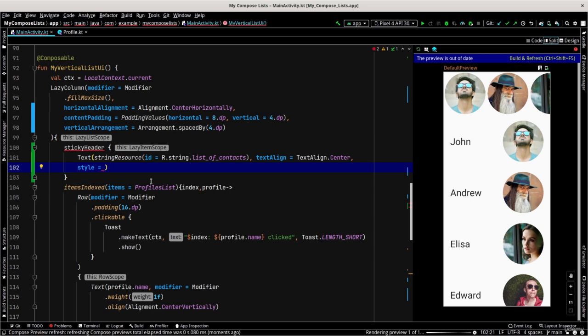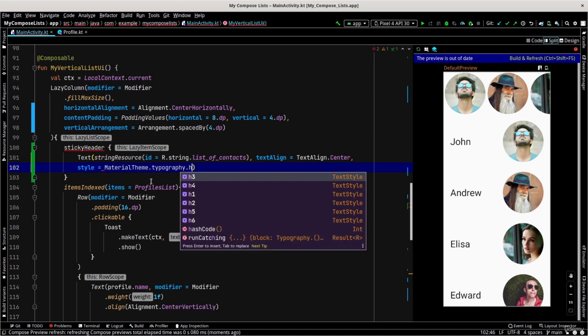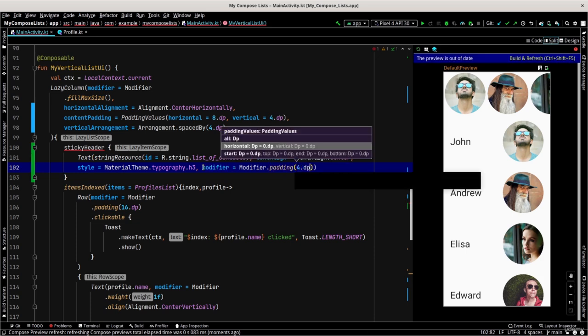So I use MaterialTheme.typography.h3, for example. And also let's add a little bit of padding with Modifier.padding four dip,